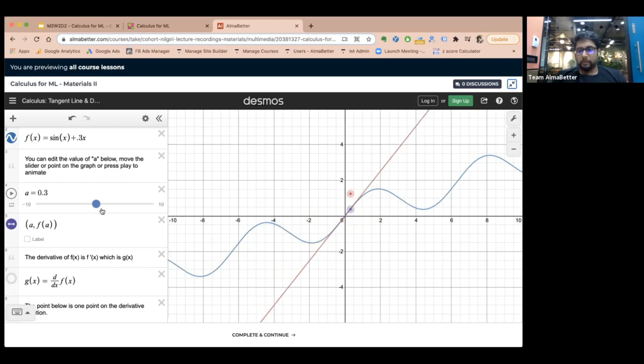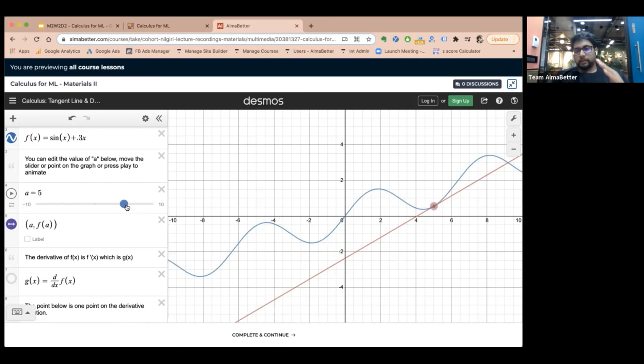or of course a saddle point, right? So the tangent line will again become parallel to the x-axis at points where there is a saddle point as well, right? So you can just play around with this and see how the curve is changing with the value of x. And you can notice that